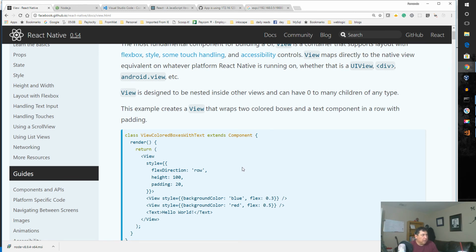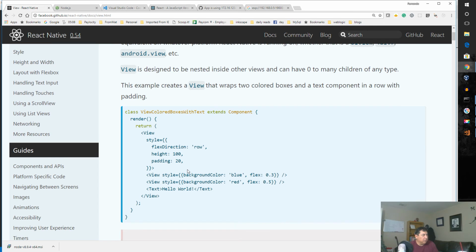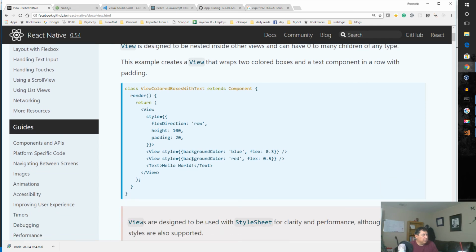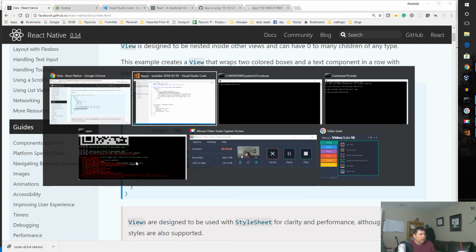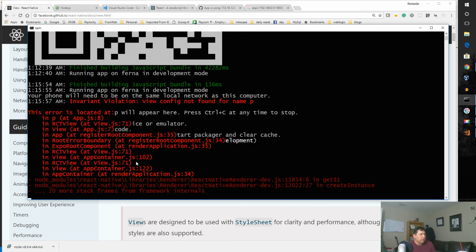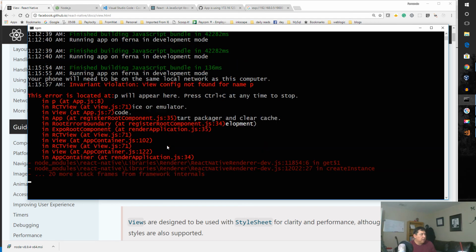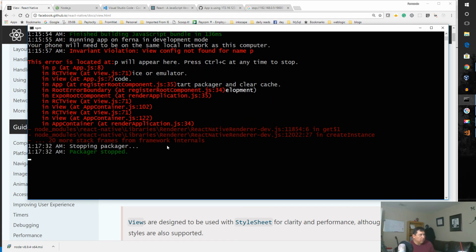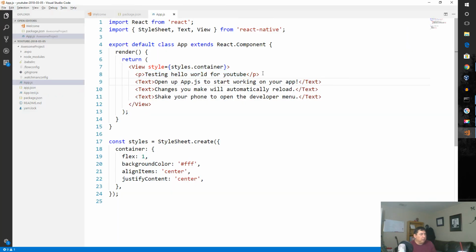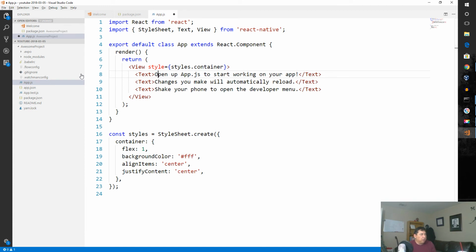It didn't like paragraph in our view. So we can use text, we can write, we could get rid of all of that. So let's go back to our view and see, it gave us the error here. Let's go back to our view in our code and let's get rid of this. And apparently you have to work with views. So let's get rid of all that. And let's just say,